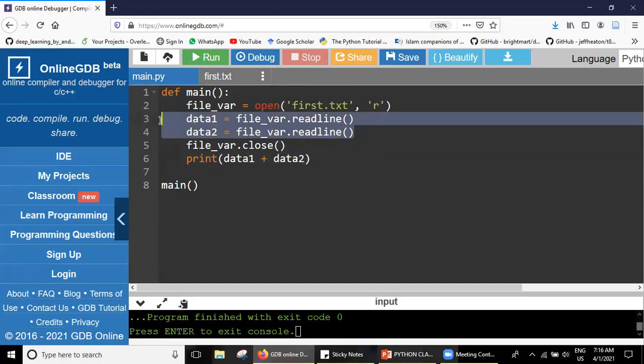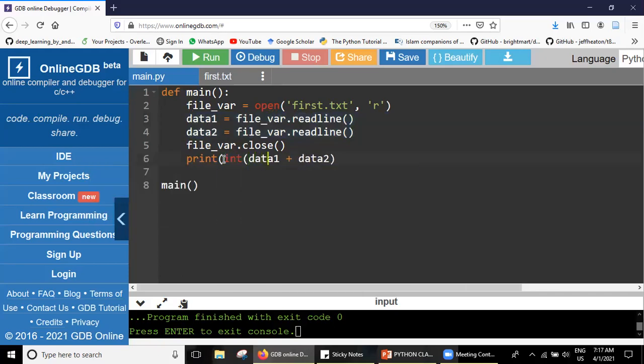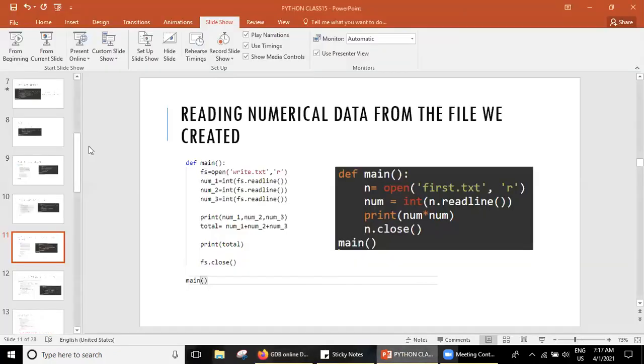Okay, except these 2 lines of code, you can use it anywhere. Where can I use it to convert the strings into an integer? In the print line? Yes, in the print we can use it here, like int data 1 and int data 2. Okay, and this will also give us the same results that we are expecting. Okay, this will give us the summation.